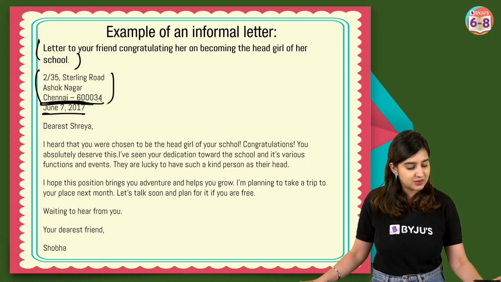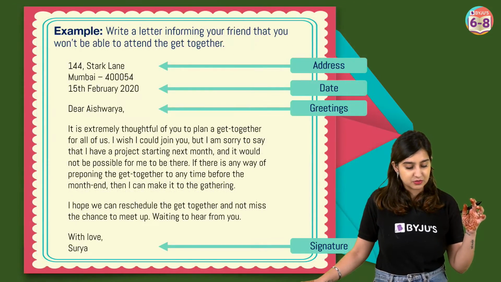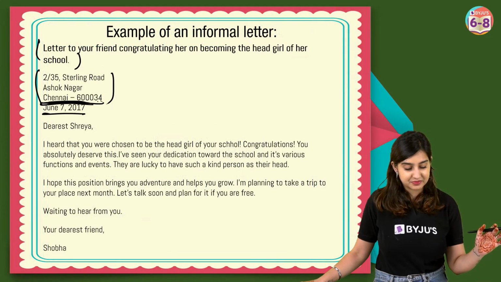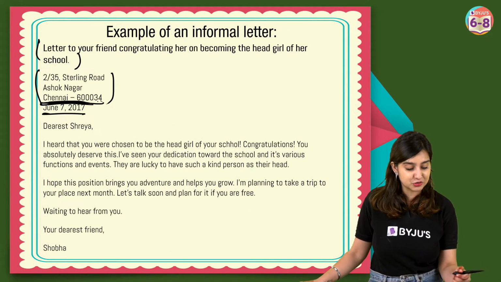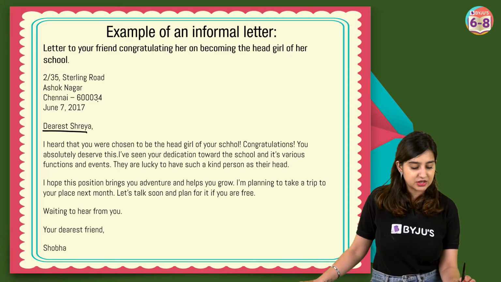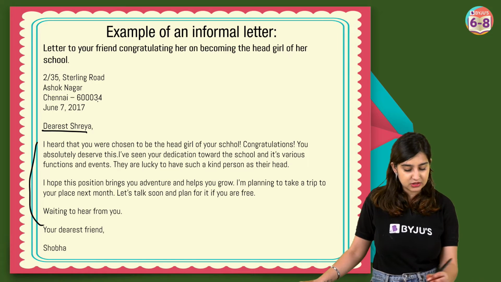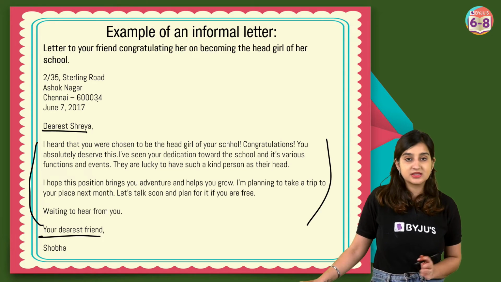Okay, so here we have the address, date, there we go, I'll just show it to you. Okay, that's another letter, so I can't show you that. So you have your address, your date, how you're going to address your friend or whoever you're writing the letter to, your intro, body, conclusion, and then your signature. Okay?